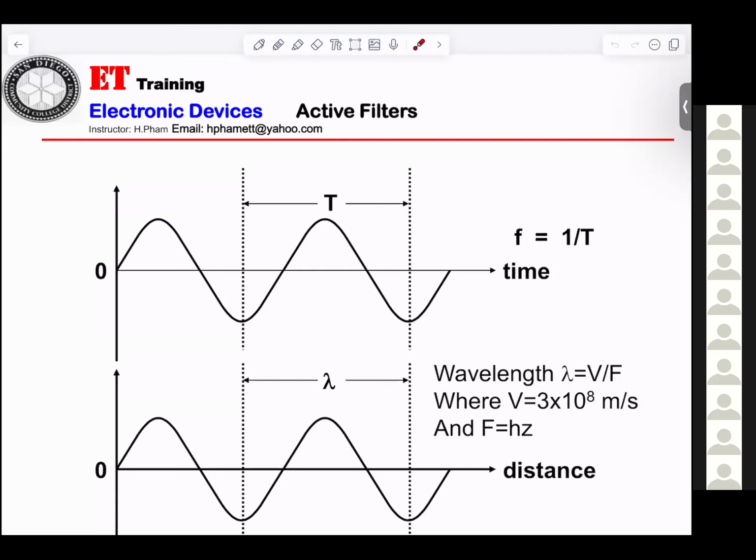Okay, so today I will be teaching you about active filter. The reason is we have to go to this one. The thing is on last Friday,